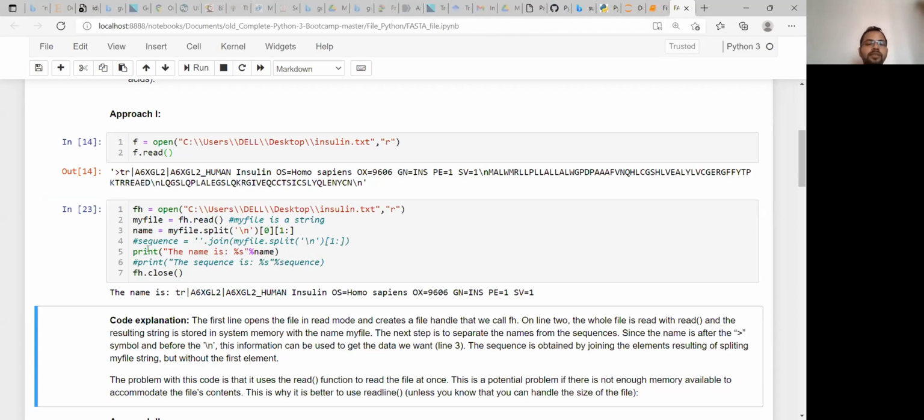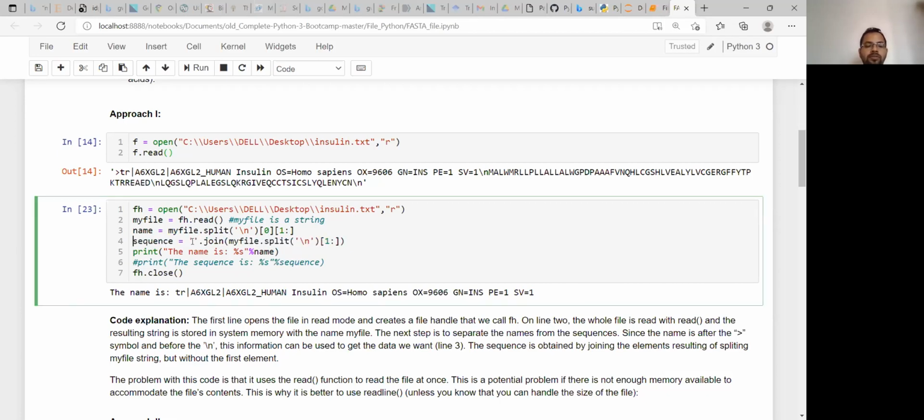So this is the way we can extract the name. Now next, our aim is to join these 2 lines, that means the exact sequence line. How can we do that? We are using the join operation. It will join without anything, so we are using only a single quote. We have not placed any space or any other character. What are we going to join?